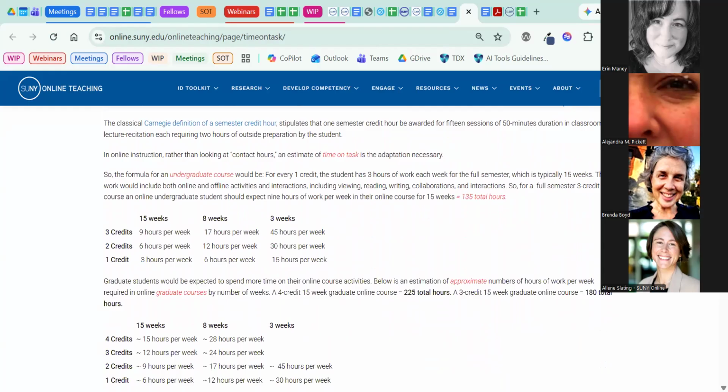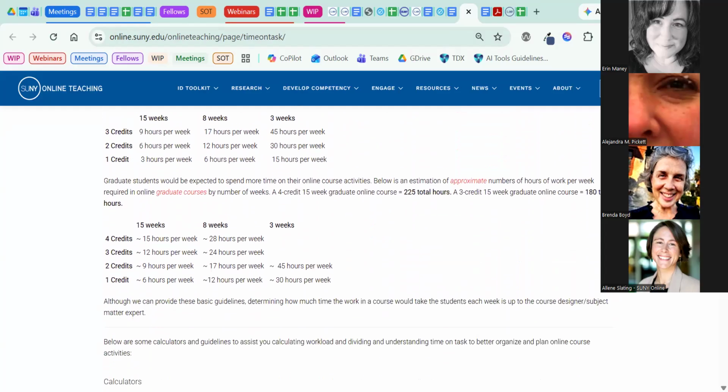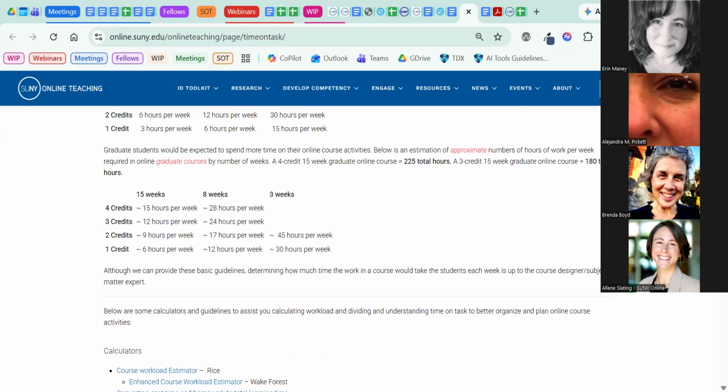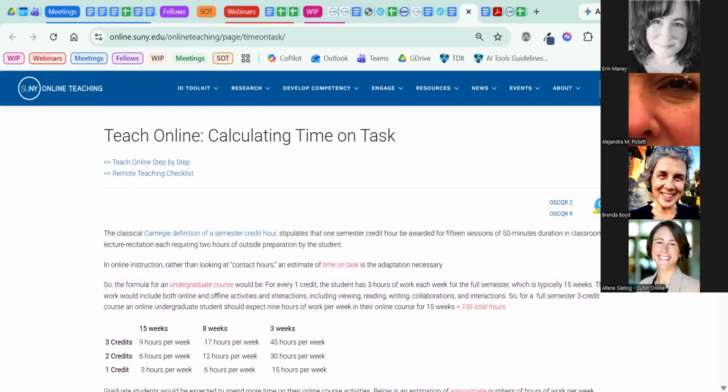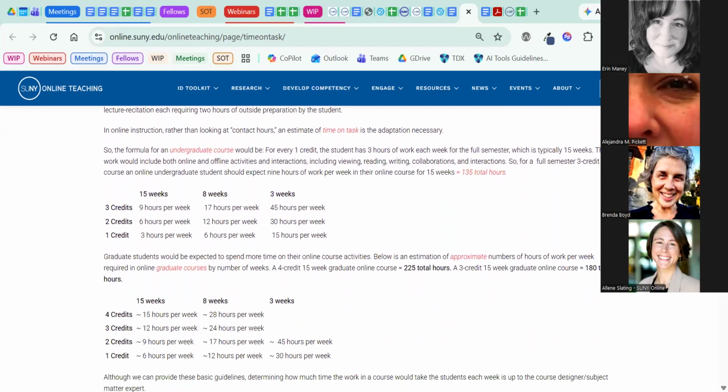So I did a resource that can help instructional designers and faculty looking to understand this issue a little bit better, and it's calculating time on task. And so if you can see in a 15-week course, there should be 9 hours of work per week in your online course, and that's a total of 135 total hours of work that would go on in the course.